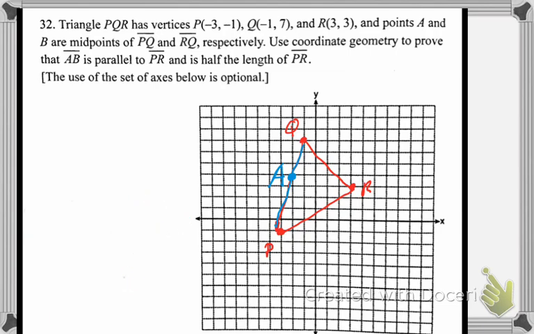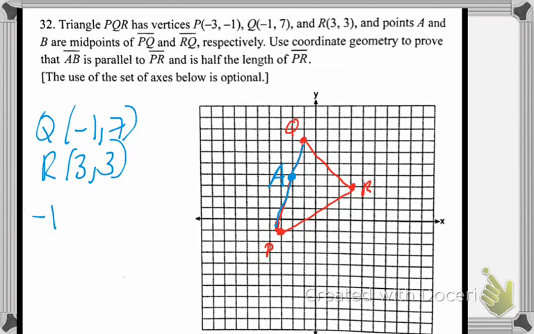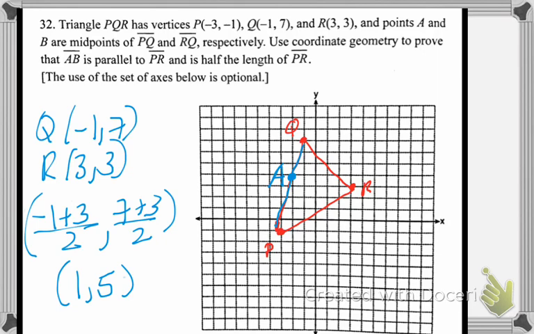So let's start again. So Q was negative 1, 7, and R was 3, 3. So we're going to combine the two x's and divide by 2, and then we're going to combine the two y's and divide by 2. So that will give us 2 over 2, which is 1, and 7 plus 3 is 10 over 2, which is 5. So at the point 1, 5, right here,